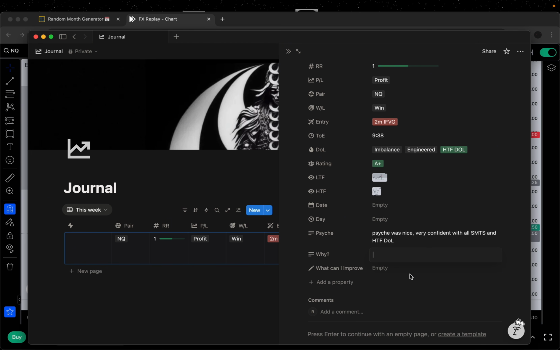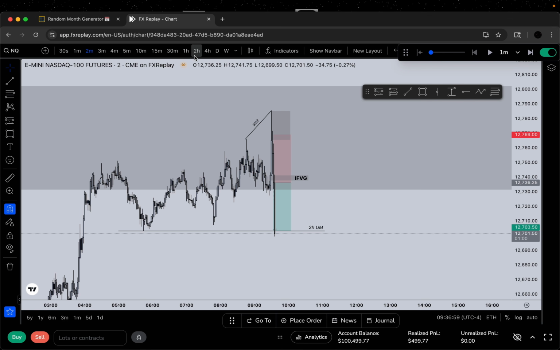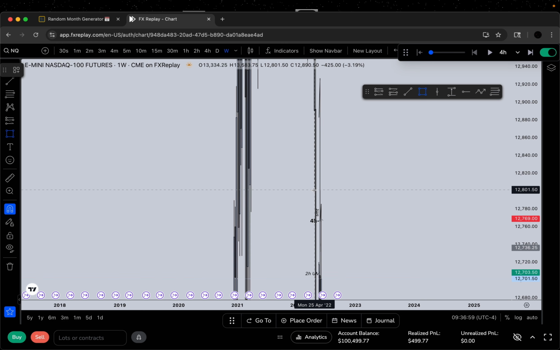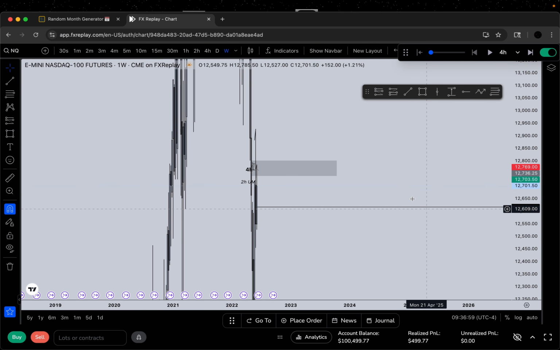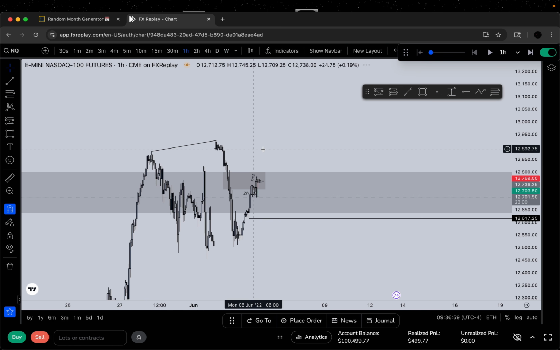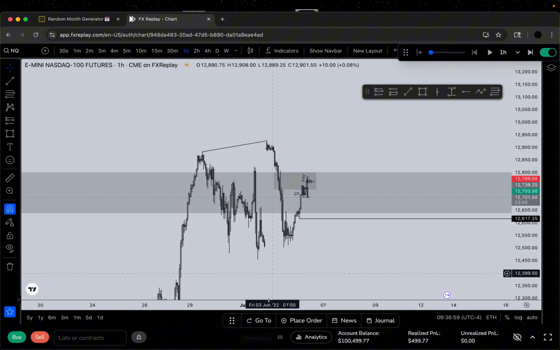And then the why. Well, we had a bearish SMT at ERL on high time frame from a weekly gap. I don't know if y'all remember that, from a weekly fair value gap. So this is a high time frame SMT right here, and it's in this weekly gap, or while we are trading in it. It's not perfectly in the gap, but it happened while we were trading within it.